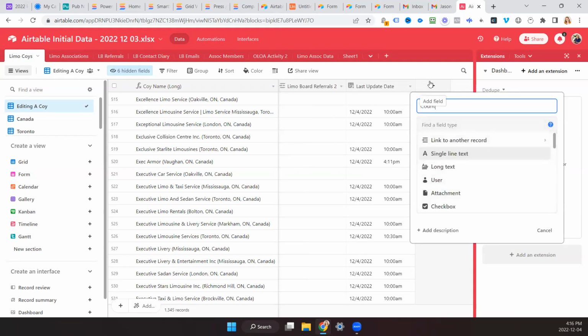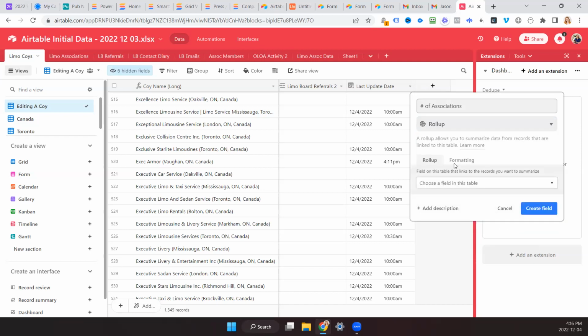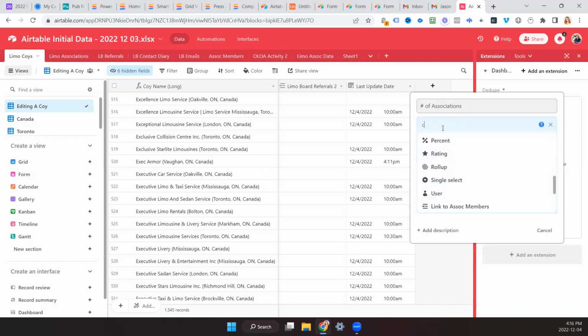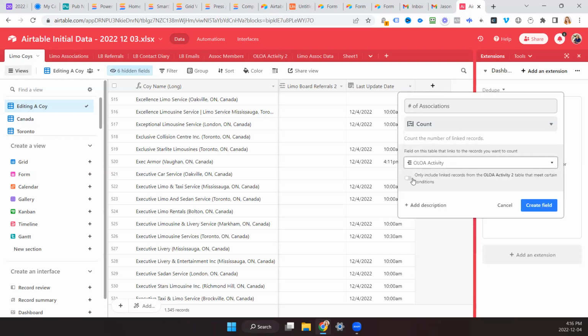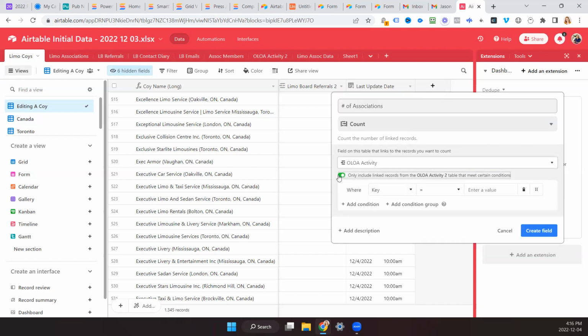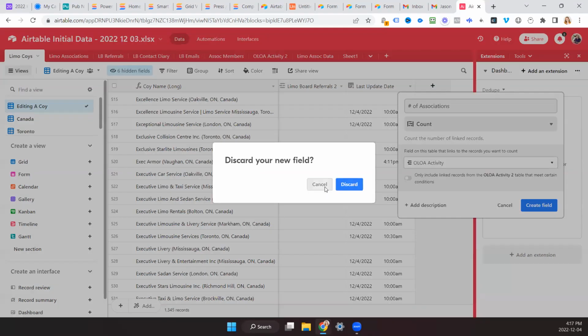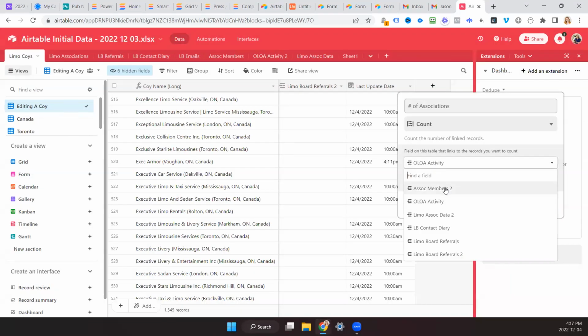Let's see, count number of associations. We can roll up because they're already linked. Or, sorry, we can count. Activity. What are we counting? That new field you just did.